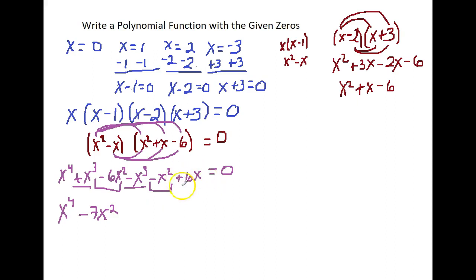And then last, I just have a plus 6x. So plus 6x equals 0. Now, I can then just say that y equals x to the 4th minus 7x